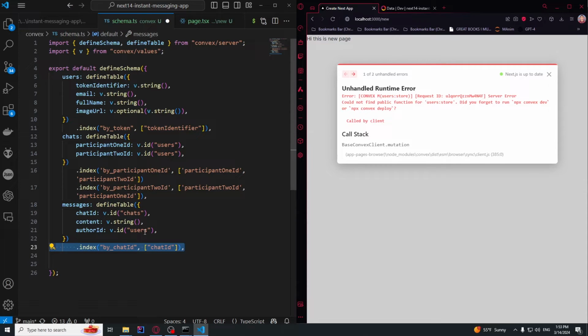Index by chat ID. Look, I just want to say, if you don't understand this, it will be clearer later. So we can search messages by chat ID. So if we want to retrieve all messages from one chat and then display those messages in that chat, okay, that's it. So now we need to make many-to-many relation between